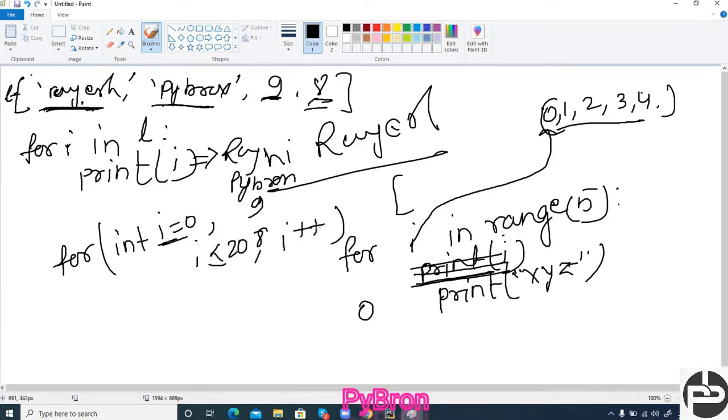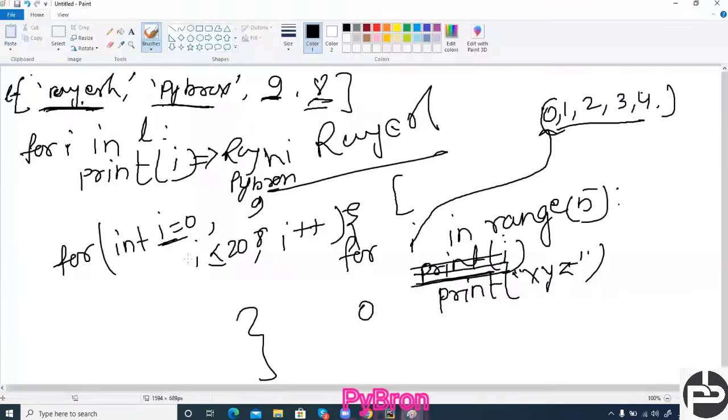This is the syntax in Java, but in Python it is not like that. Python is a very intelligent language, and it will automatically understand from your command how many times it has to execute. Got it? So this is the loop concept.